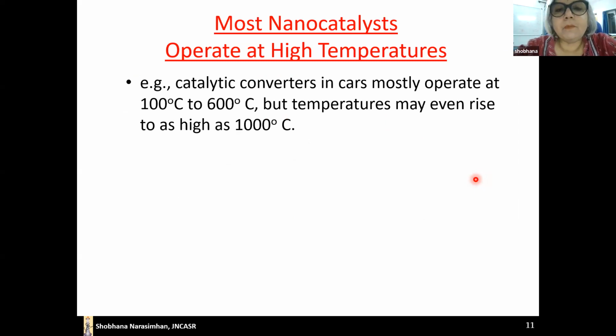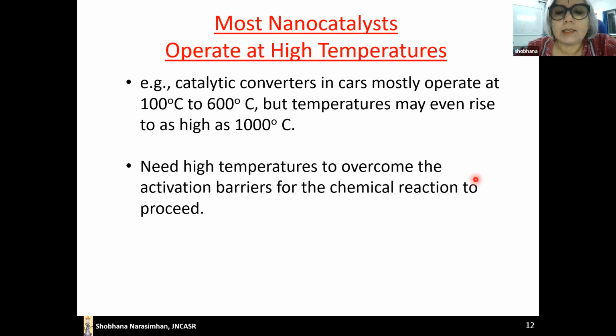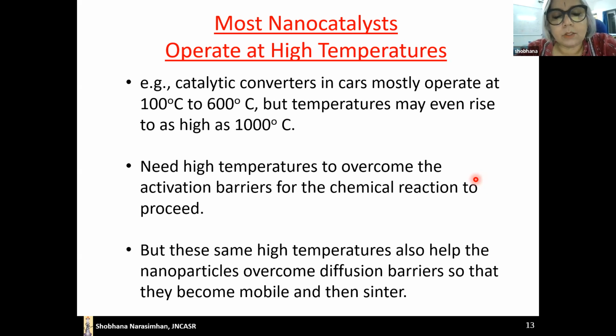And this is made worse. This problem is worsened by the fact that most nanocatalysts operate at high temperatures. So for example, the catalytic converters in cars operate at temperatures up to 600 Celsius. It may even go up to 1000 Celsius. And you need these high temperatures to overcome the activation barriers for the chemical reaction to proceed, whatever reaction you're interested in. But these same high temperatures also help the nanoparticles overcome diffusion barriers so that they become mobile and